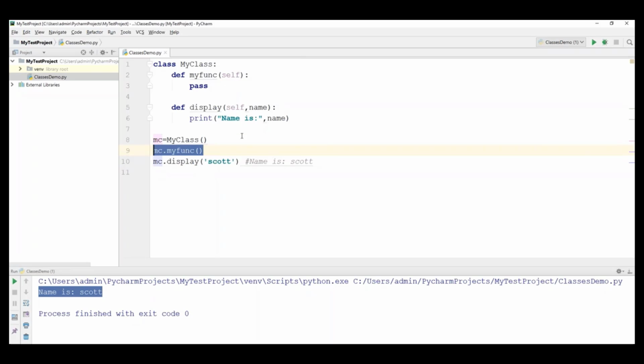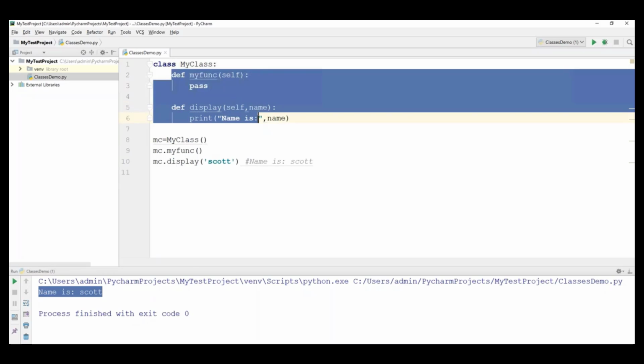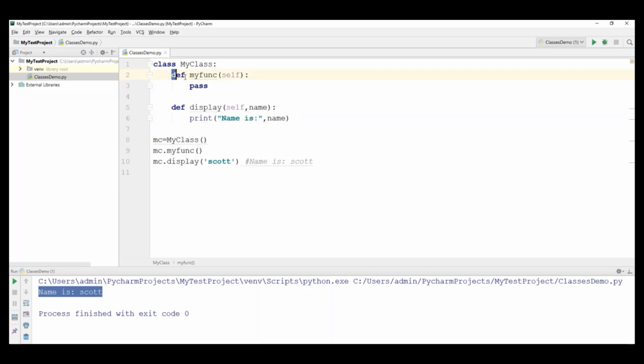All right. So this is how we need to create a basic class which contains methods. One method will not take any parameter, the other method is taking some parameter, and then I have created an object for this class, and then I have called those methods. So this is a basic example of creating a class which contains a few methods, and how to create an object and how to call those functions. All right.